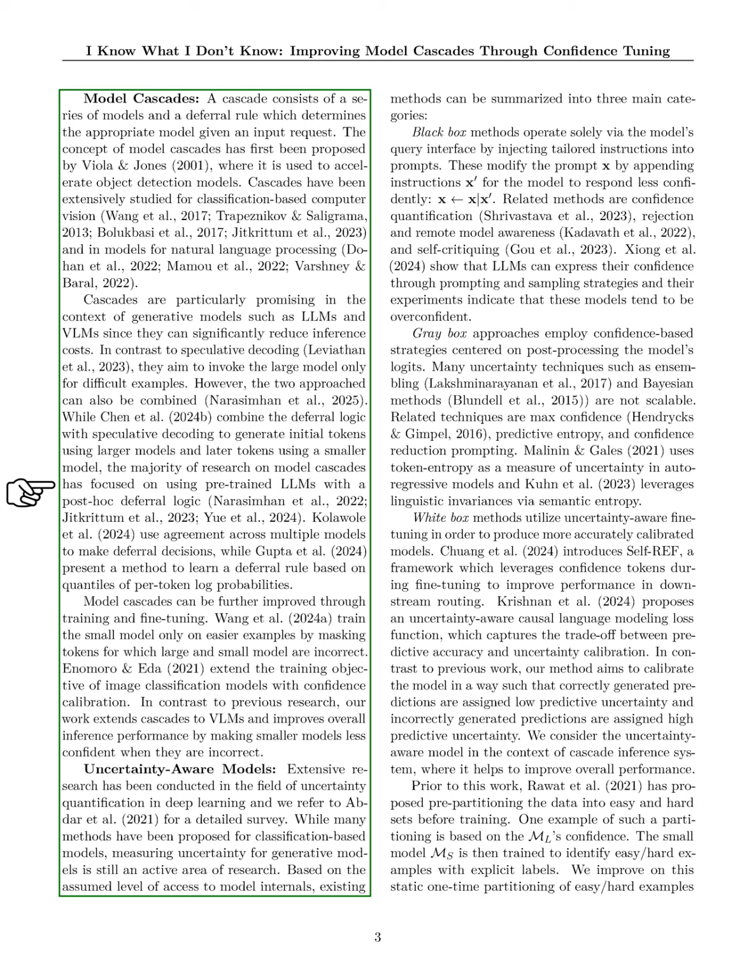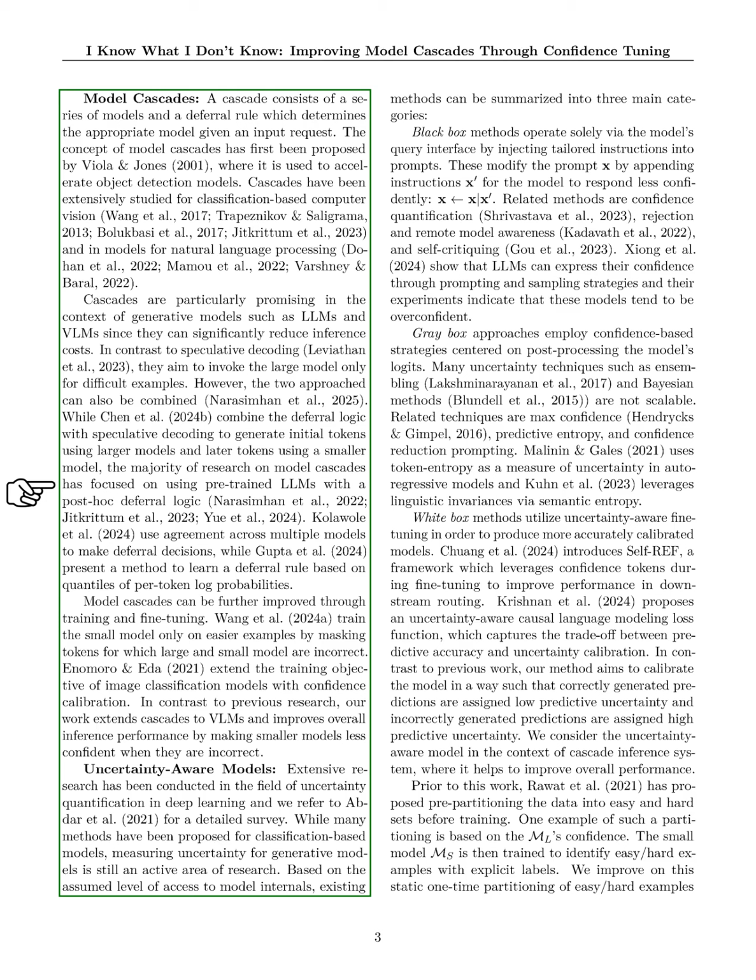While speculative decoding and model cascades can be combined, most research has focused on using pre-trained LLMs with a post-hoc deferral logic. Some studies have used agreement among multiple models to make deferral choices, while others have developed methods to learn deferral rules based on the distribution of log probabilities. We can enhance model cascades through training and fine-tuning, such as training smaller models on easier examples and adjusting the training objectives for image classification with confidence calibration. Our work extends these cascades to VLMs, improving inference performance by reducing the confidence of smaller models when they make